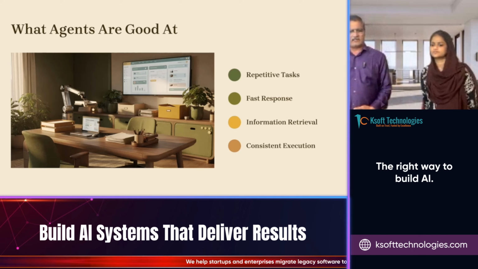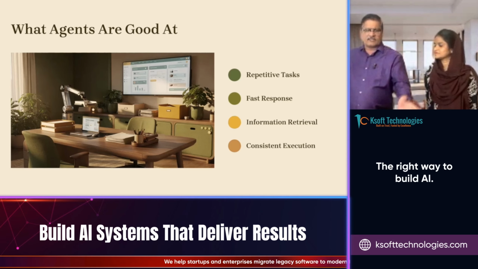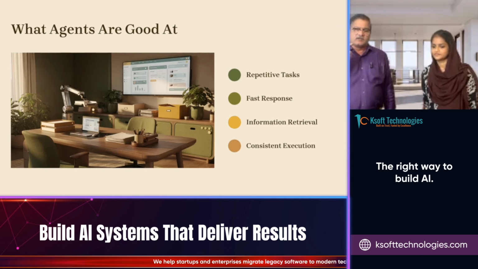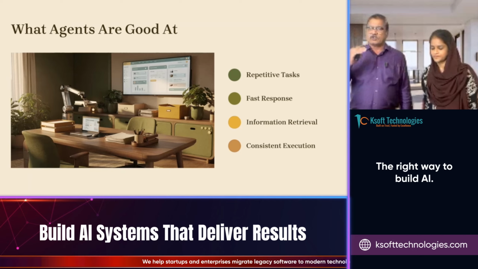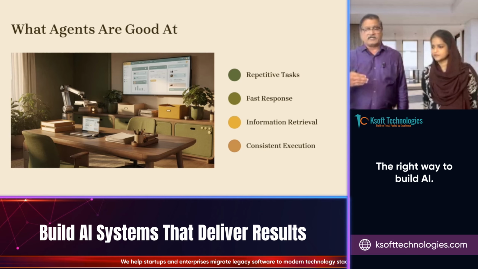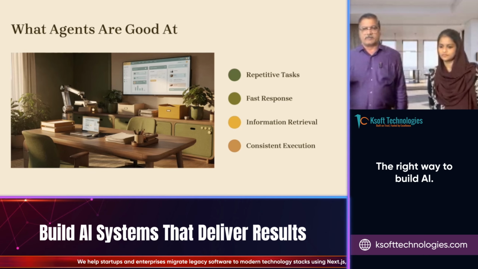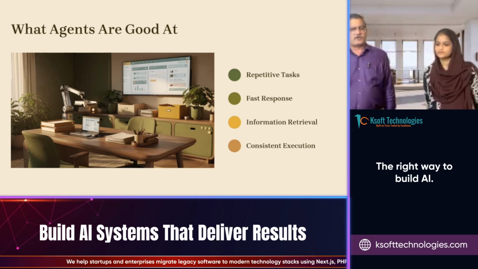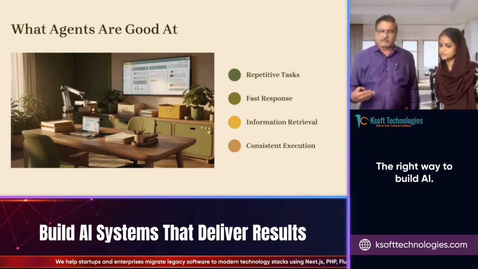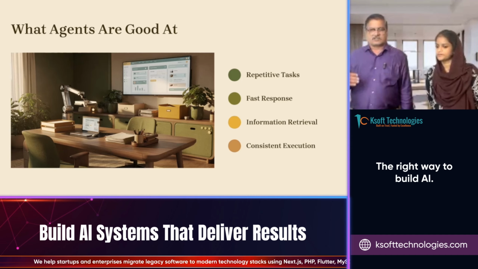Now, what are agents good at? A very simple question. There's a saying, if you go to YouTube, agents are good at anything, they can do anything in this world. No, agents have a particular level of expertise, a particular knowledge base, which they are good at. It is good at repetitive tasks, things that have been repeatedly done in your organization. It's good at doing that because there's a system, it knows what to do and keeps on doing it. We do not need to put anything additional in its brain. It's repetitive. And a faster response. It responds faster than a human being because it has more power than a human being. So response rates are faster. It crunches numbers and data faster.